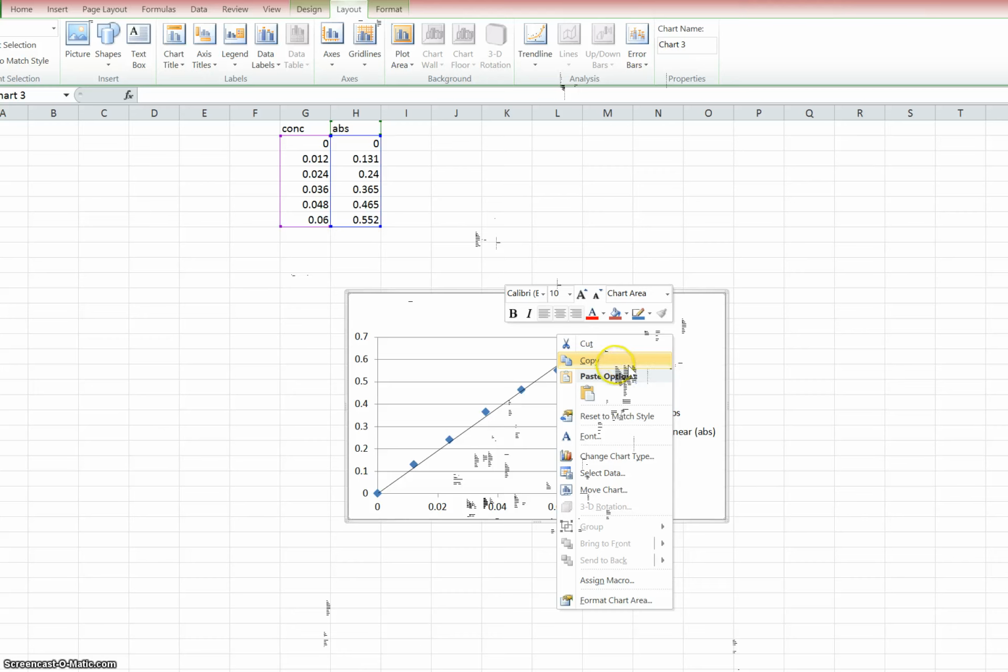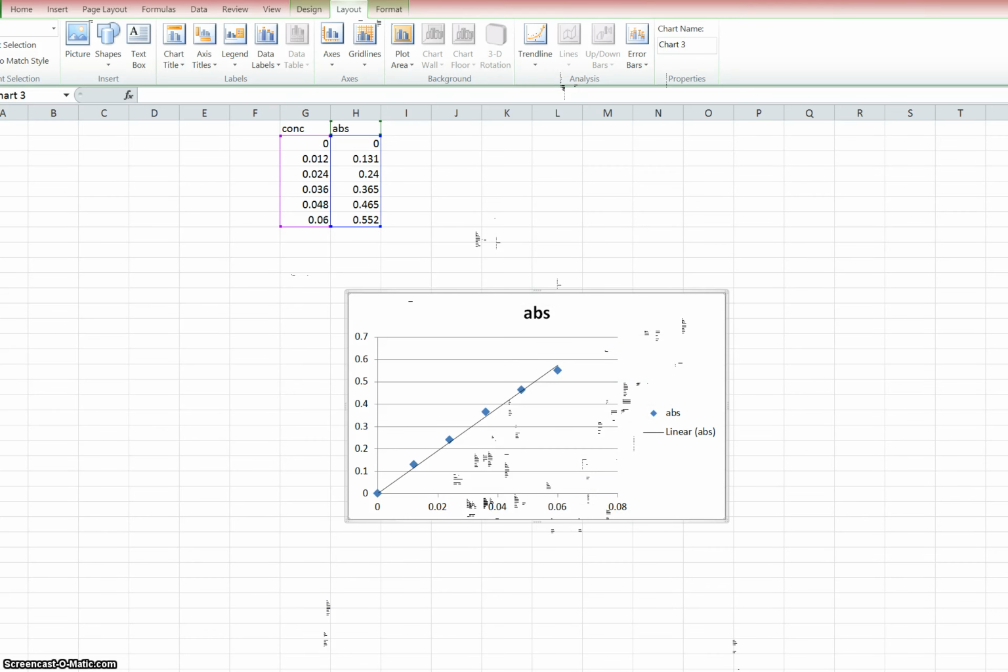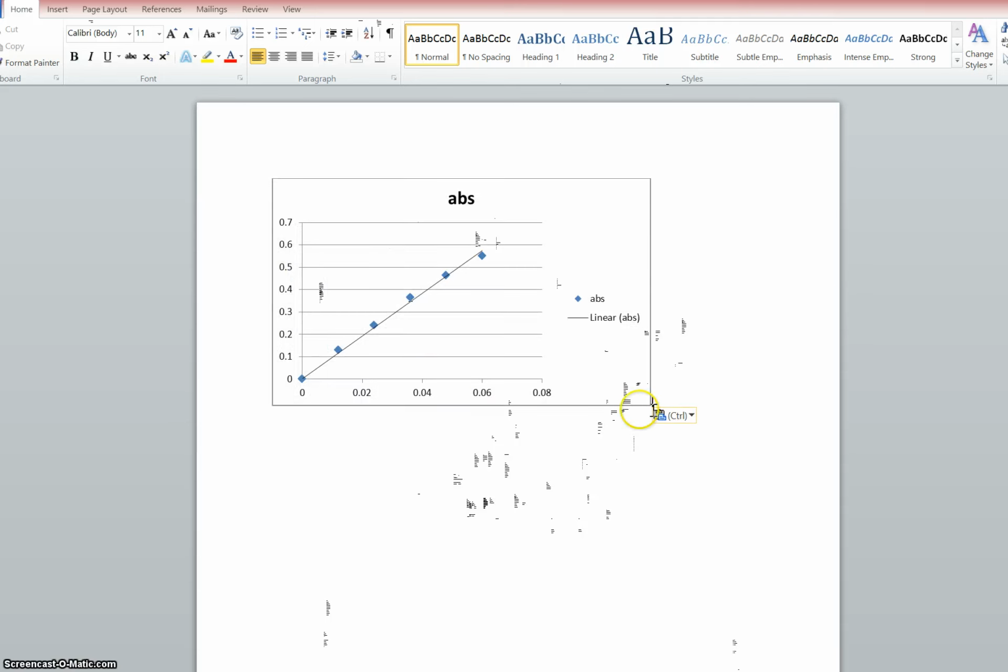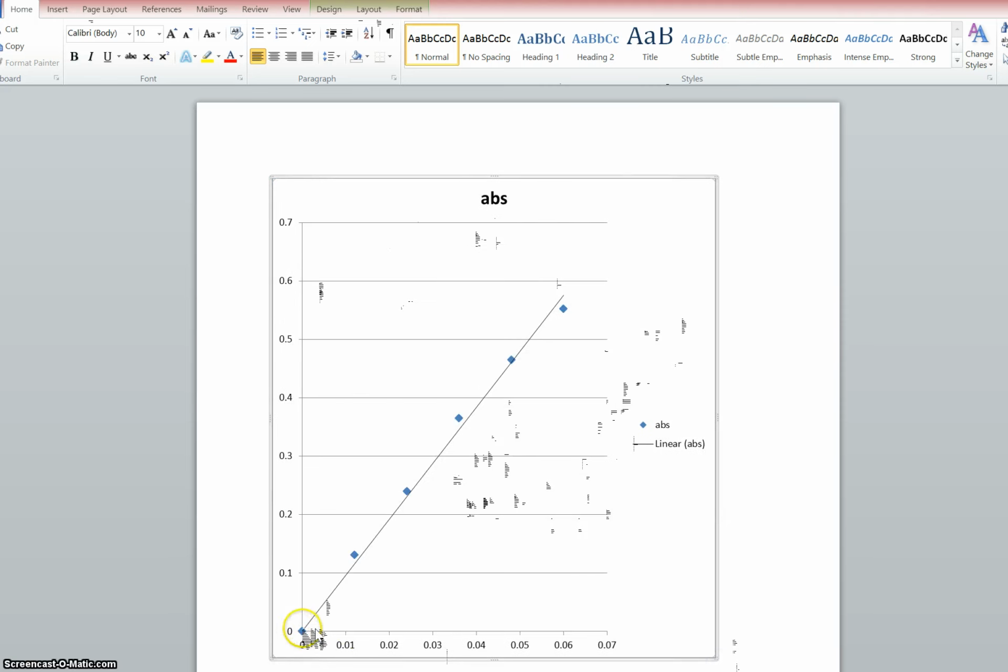And now just to show you, if we copy that exact same graph back to Microsoft Word and we pull it down to make it bigger for either printing purposes or anything, you see that it still remains flush through the origin. So that is how you do it,